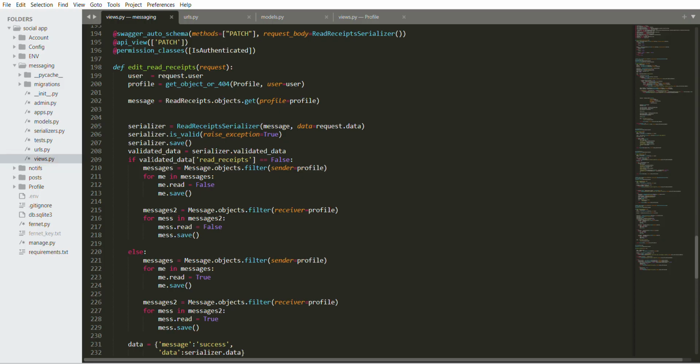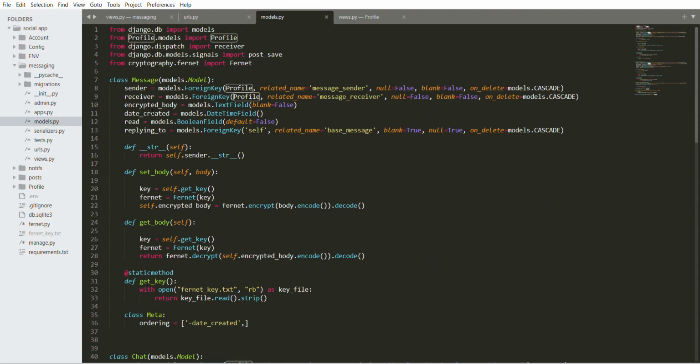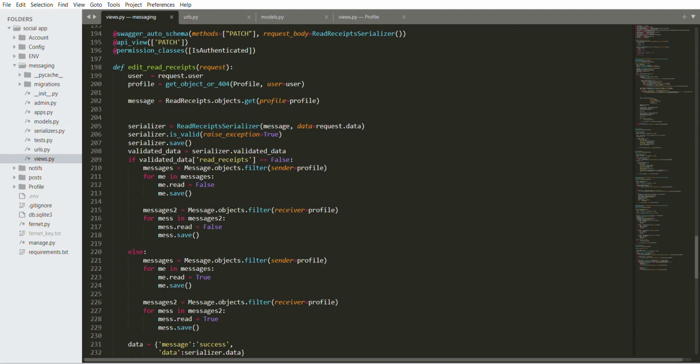Then for me in messages, I could have used underscore in messages, but for me in messages, that means for each of those messages that user has already sent, we now change their read attribute. Remember our read attribute's default is false obviously because it's a new one, but if it has been marked as read before, then this whole line is going to change them to false. That means if those messages were previously true, for each of them it will become false.